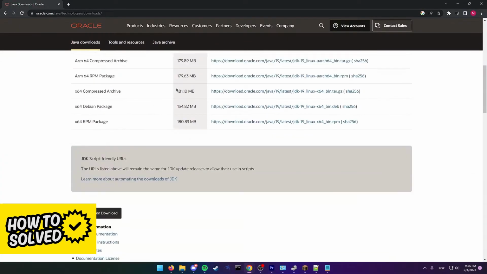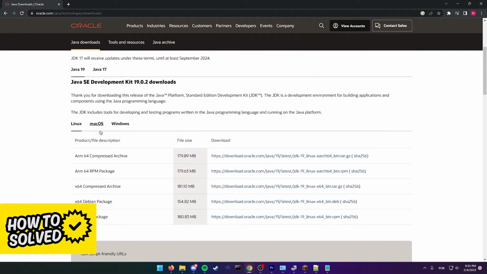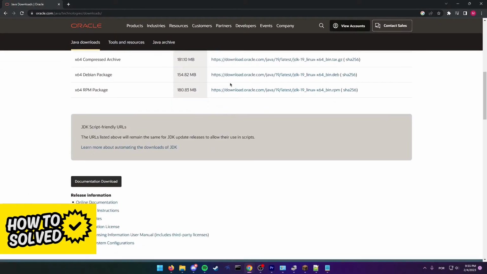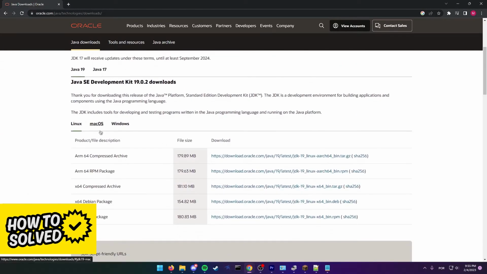see if it works. If it doesn't work, what you can try is to open up your web browser and go to the Java website. Make sure you look for the Java Development Kit and you download the according Java Development Kit for your computer. Make sure to download the latest version available and the one that corresponds to your computer, so either 32-bit or